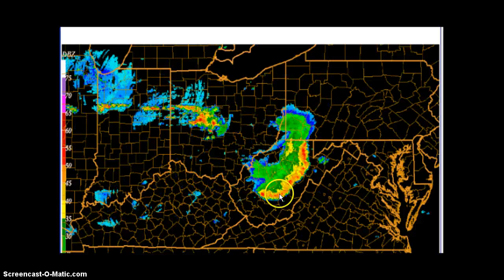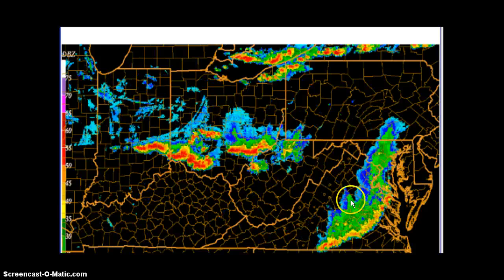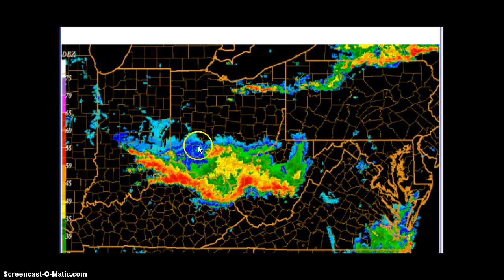I remember this day very well, and this is a derecho. This is what a derecho is. It went over 500 miles and had all the wind reports. So that's your derecho. Now, during an actual event we had here,